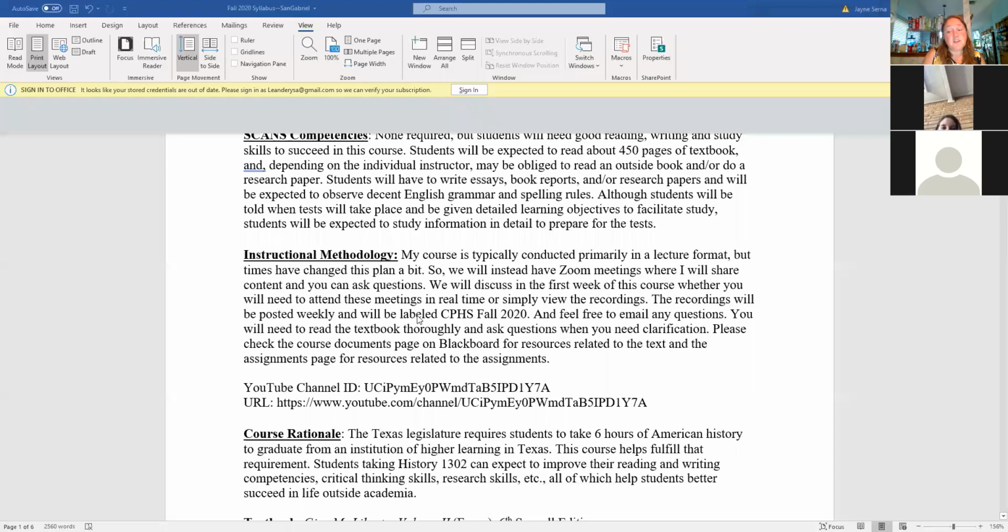Typically, I'm going to lecture to you. We'll record this stuff, and I'll try to make sure that lecture notes and things are online. They're not there at the moment. After we're done going over the syllabus, we'll look at the Blackboard page, and I'll show you where stuff is. Almost everything that you need will be on the Blackboard page.